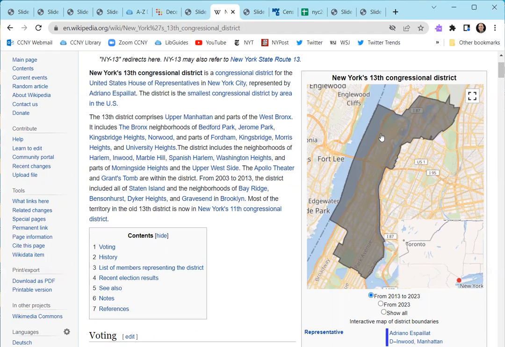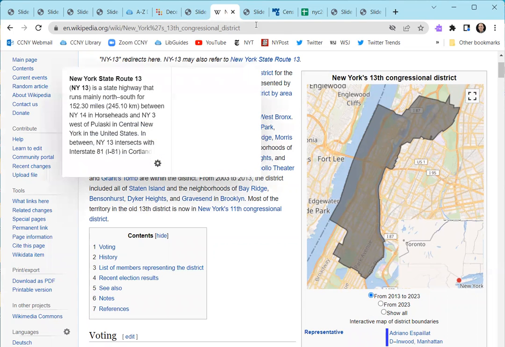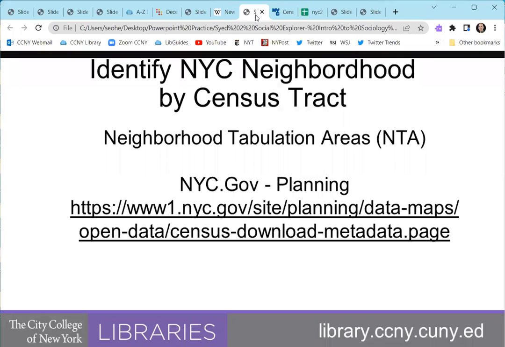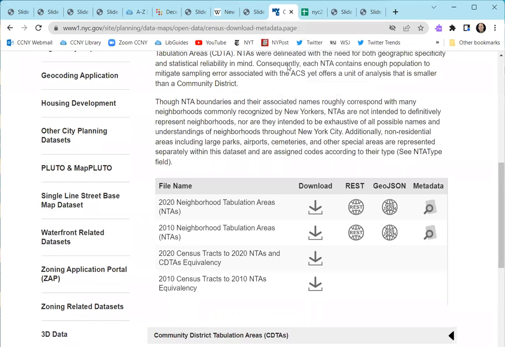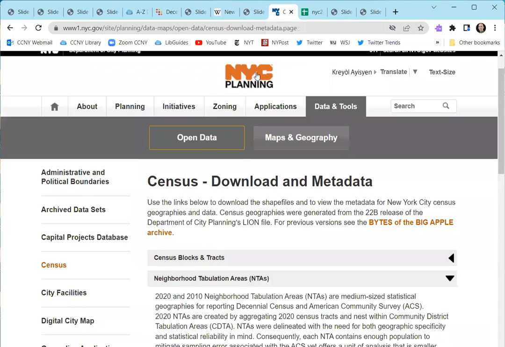So how do we determine what census tracts are included in the neighborhoods? Well, NYC Planning has the solution. It's called the neighborhood tabulation areas. And if you go to NYC Planning's census download and metadata page,